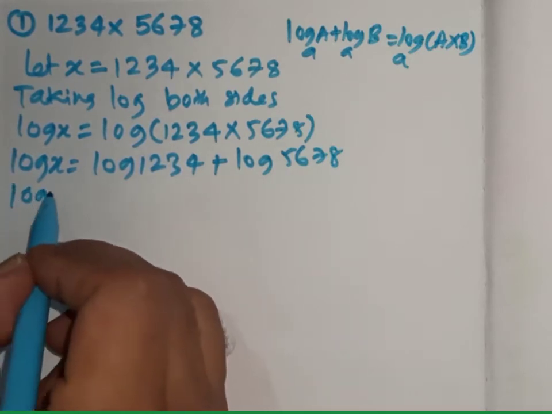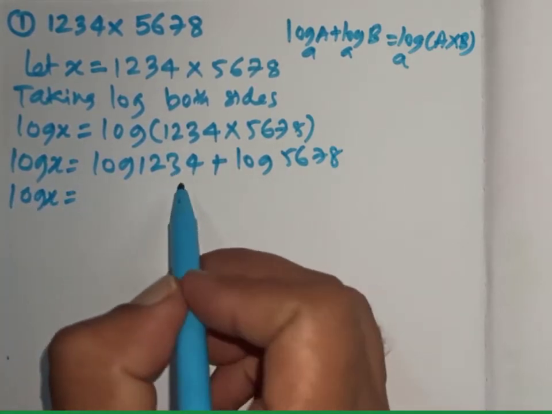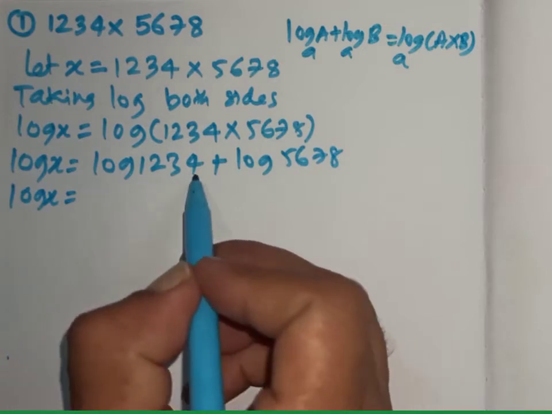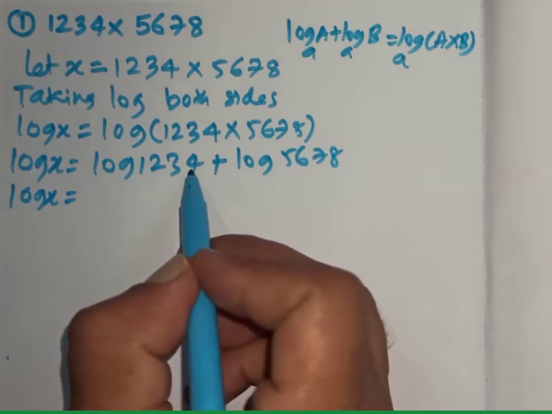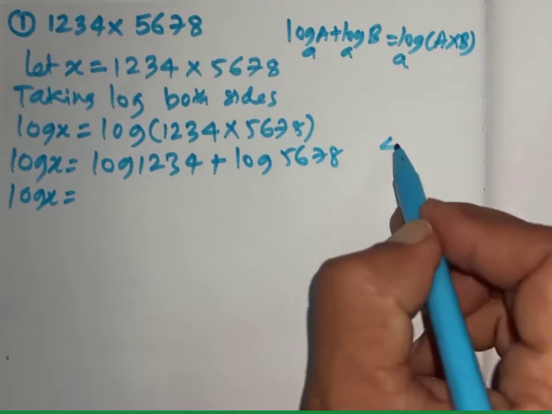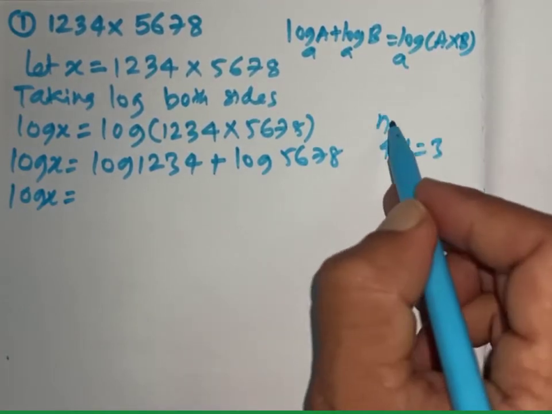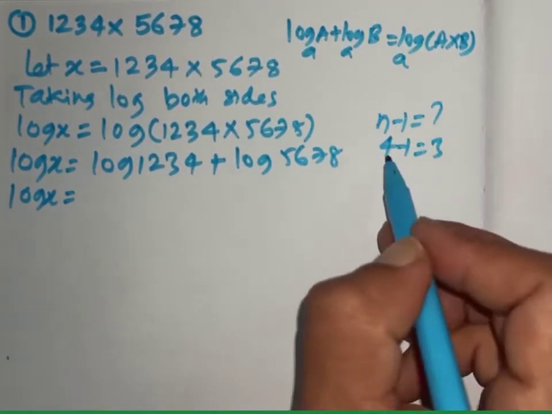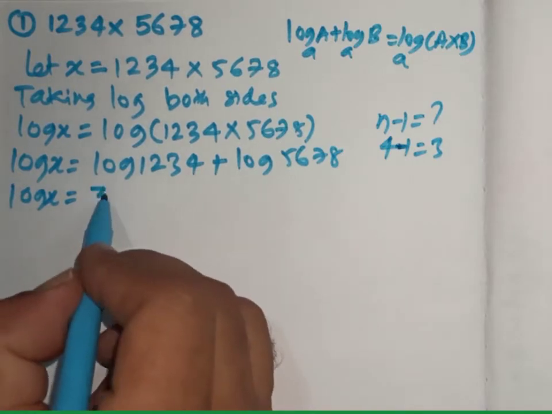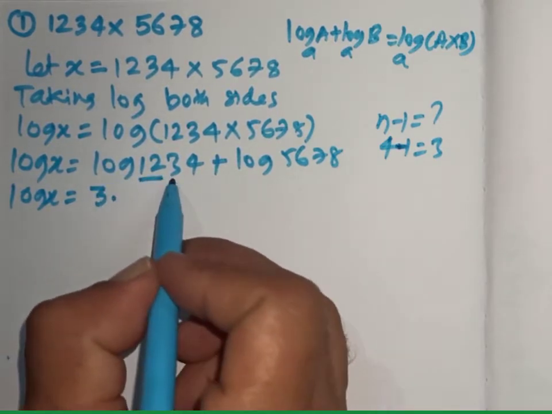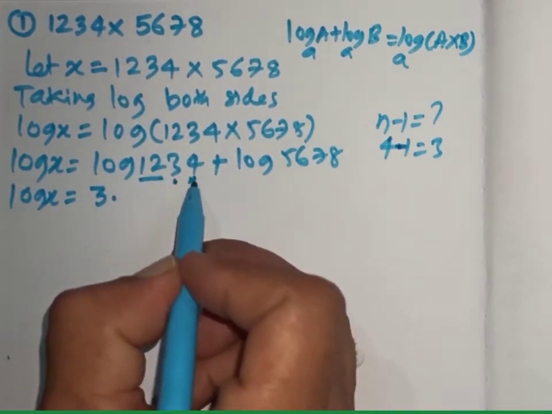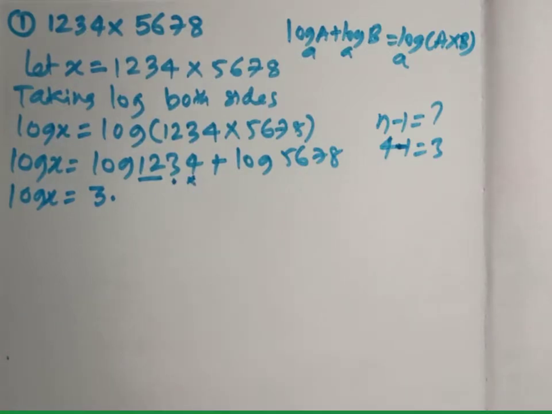So we write log of x is equal to, now while finding the log, we first find the characteristic from the number of digits before the decimal. There is no decimal here, so 1234 has 4 digits. So 4 minus 1, that is what we do. We use the n minus 1 strategy, so 4 minus 1 gives you 3. So we write 3 point log of 12 under 3, mean difference 4. We'll find this using log tables.